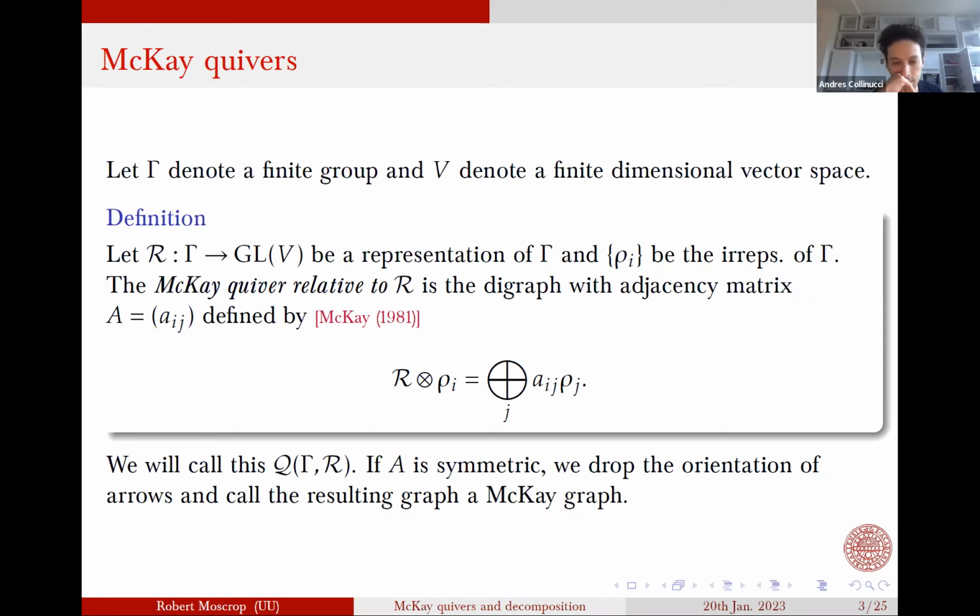Or in that case, you would get the Dynkin graph. But there's no reason why you could just take something else. You could take sums of these things and so on. You just get different looking graphs. You wouldn't get the same one every time. Okay, thanks. Thank you for the question.